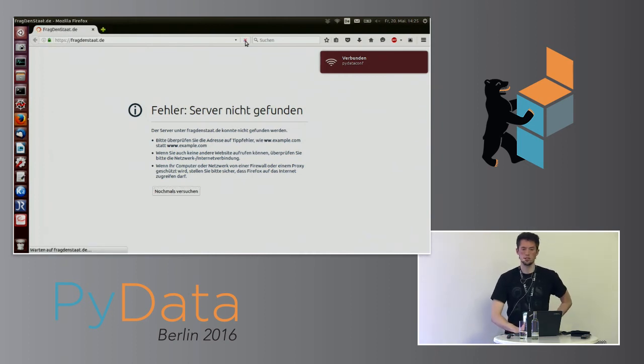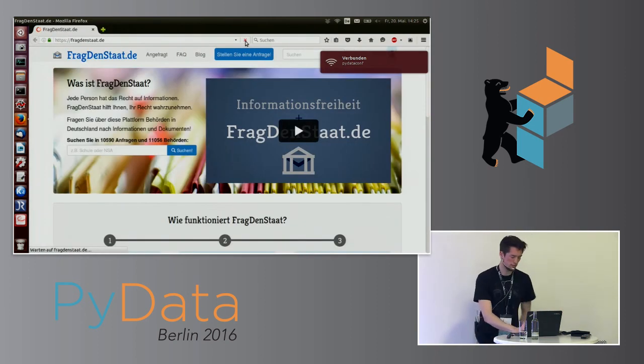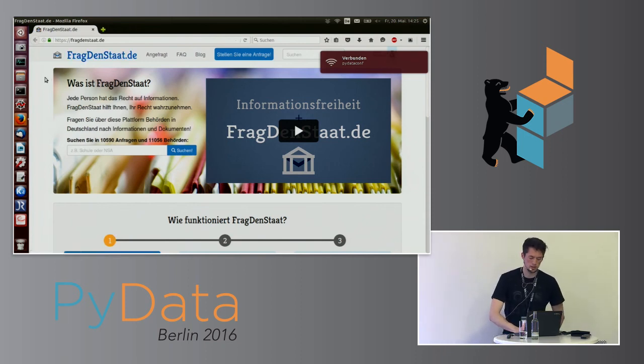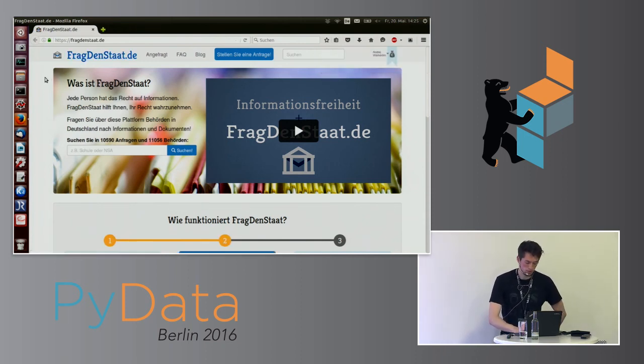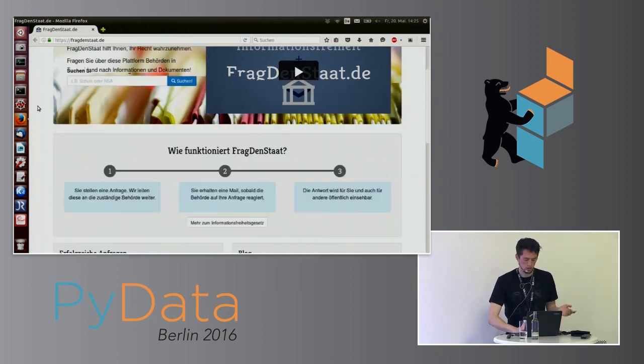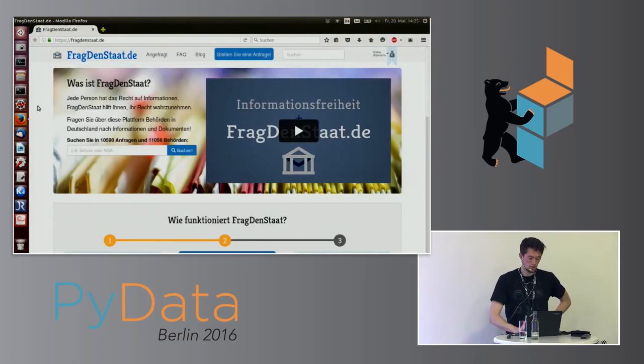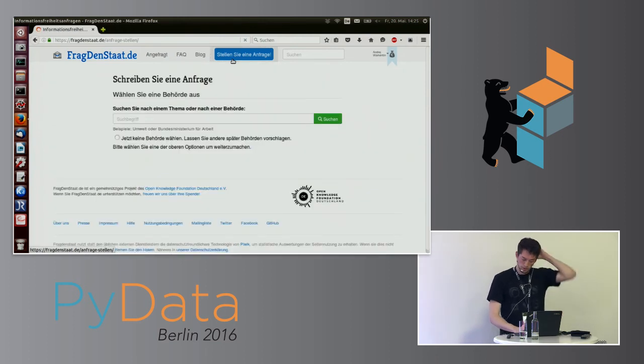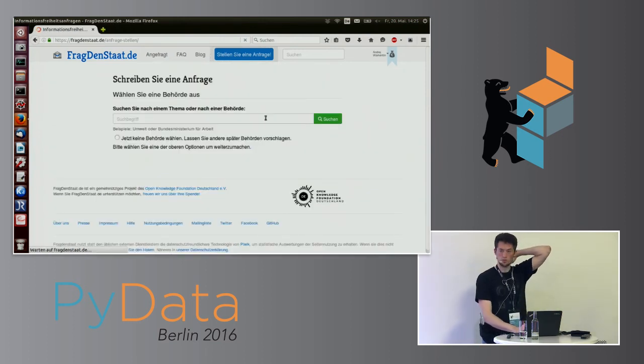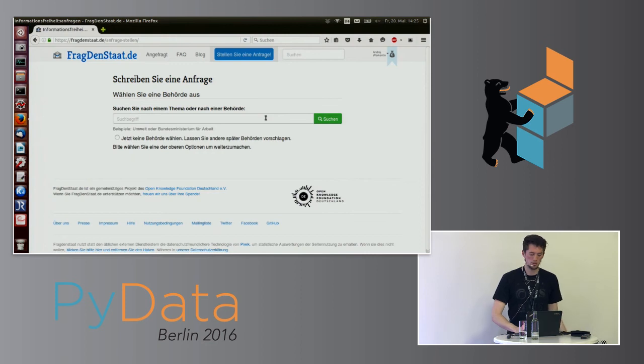So you're asking how to make a request on the website, actually? Okay, so this is the starting page of the website, and here it gives a video of how the process works, and also what the steps of the request are. First you have to log in, and then you click on this button to make a request. The first thing you have to do is choose the public body.